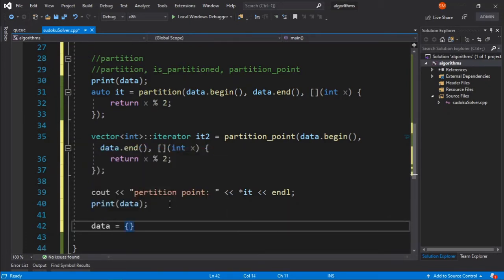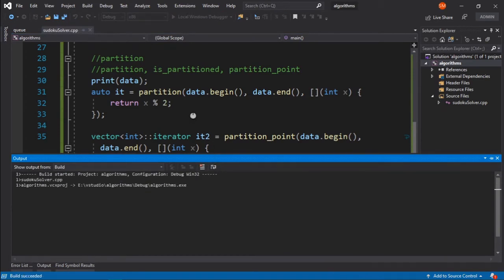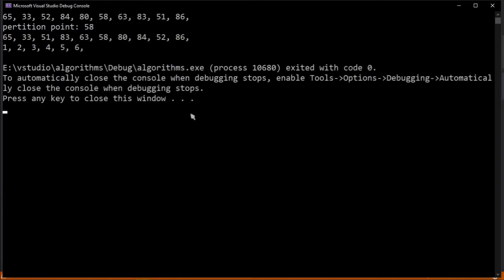So I will assign a new value to the data using an initializer list, and that will be, let's say, 1 2 3 4 5 and 6, quite a standard one that we always use. And if we print this right now, we can see that our data is 1 2 3 4 5 and 6.